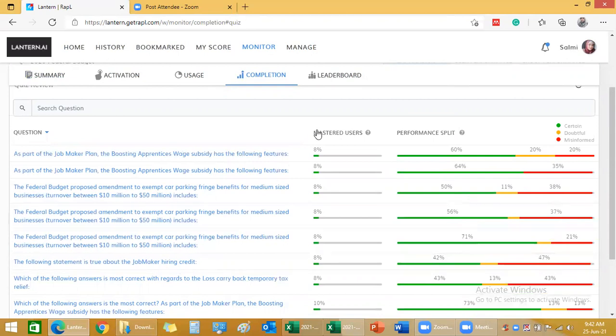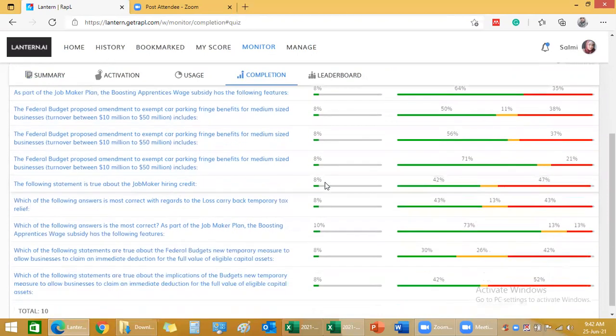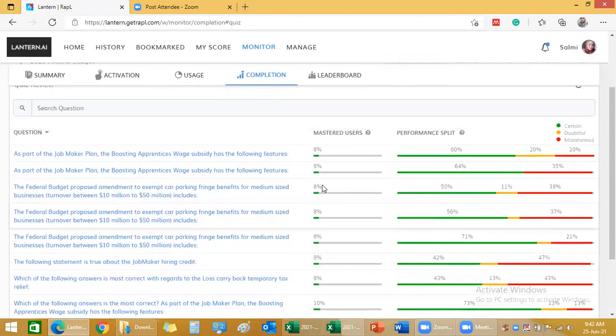So you can see from here, you have 8% mastered users. That means only that particular number that you saw earlier, only 8%. So the rest have not mastered it yet. The performance split of the users that have attempted to answer the questions, for this particular question, is 60% certain, 20% doubtful, and